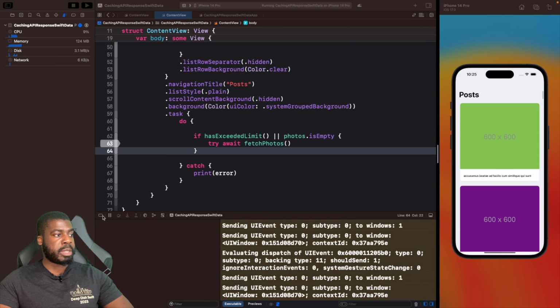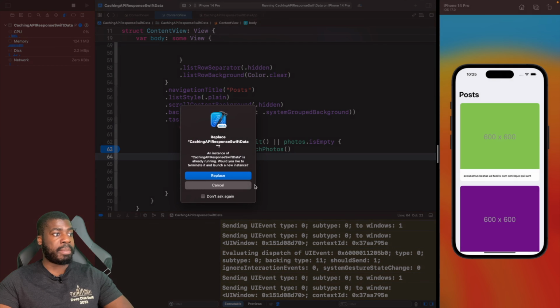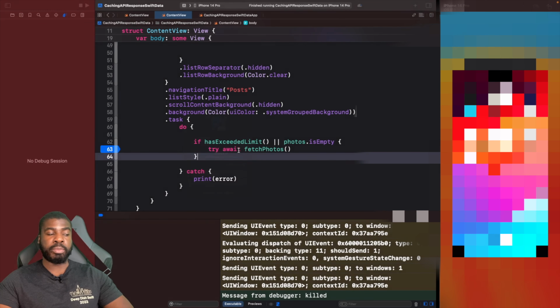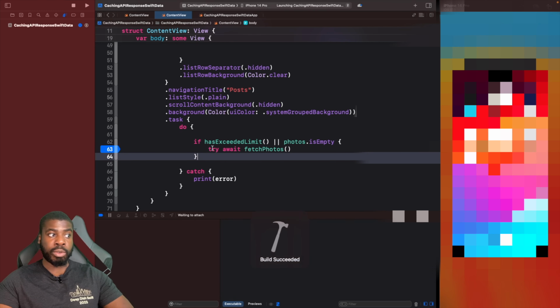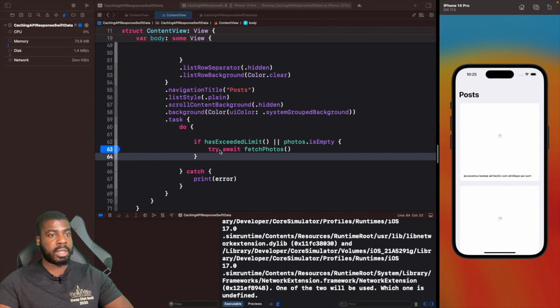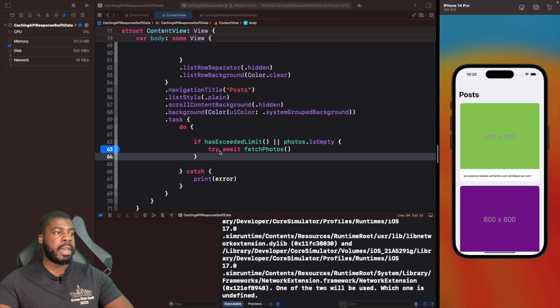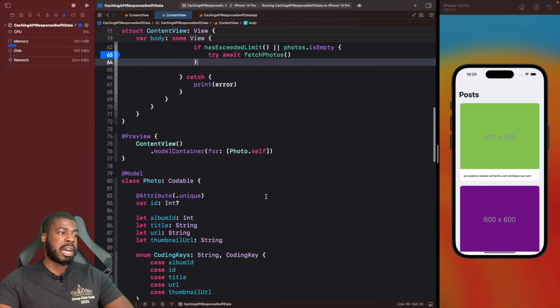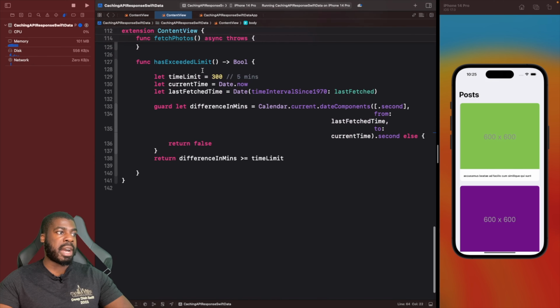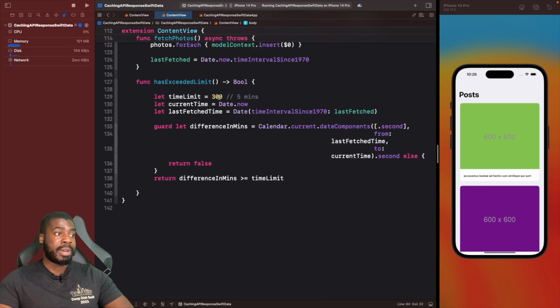Now, if I re-enable this breakpoint again and we run the app again, it shouldn't hit this breakpoint, and instead it will just ignore this code to fetch the photos. As you can see, it doesn't hit the breakpoint. Now, if I want to test out fetching a new set of data again, what I could do is down below, rather than having this set to 5 minutes, because right now, I might as well go and